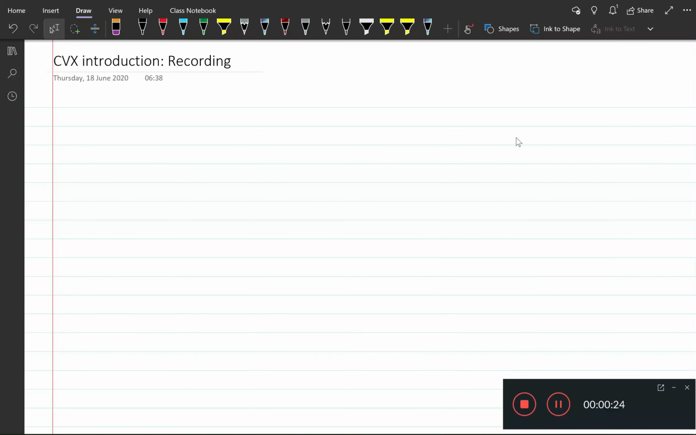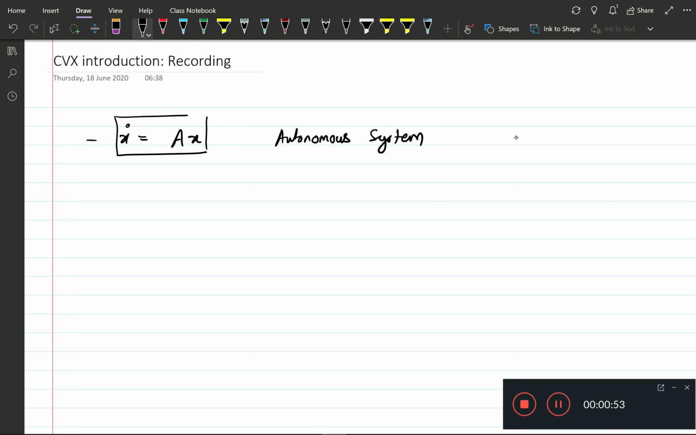So, welcome everyone. Let's quickly have an introduction to the convex optimization tool CVX that we will use for writing down the LMIs. And as an example, let's look at the stability question for such an autonomous system. We have this autonomous system given to us in the form of matrix A. We know that this system is stable, or rather exponentially stable,